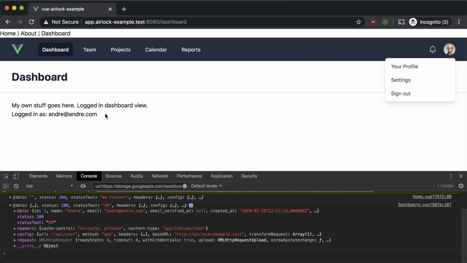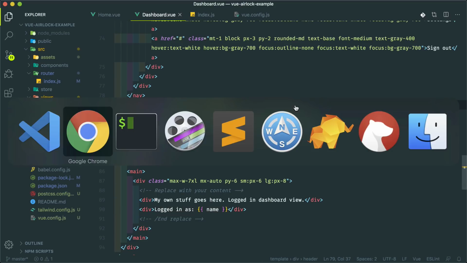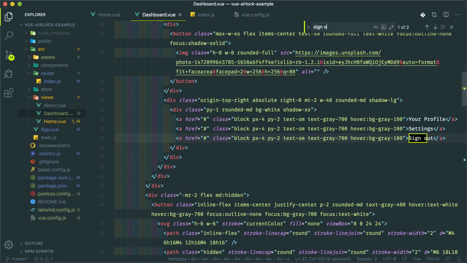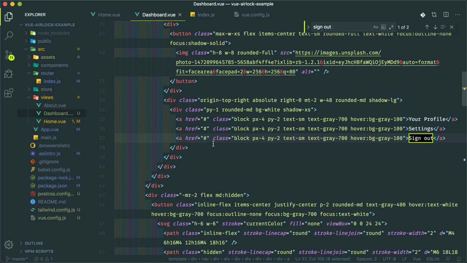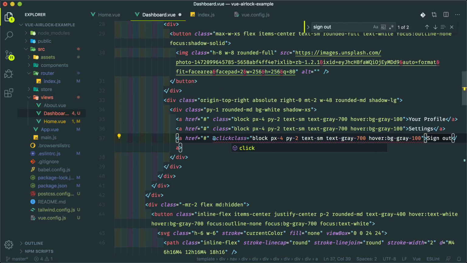So let's go ahead and add logging out. Whenever the user wants to log out, we have to destroy the session. So just like logging in, we're going to make use of Laravel's built-in logout route. Let's look for the button here. It says sign out. Be careful, because there are actually two here: one for the mobile view and one for the desktop view. So this is the desktop one. So at click